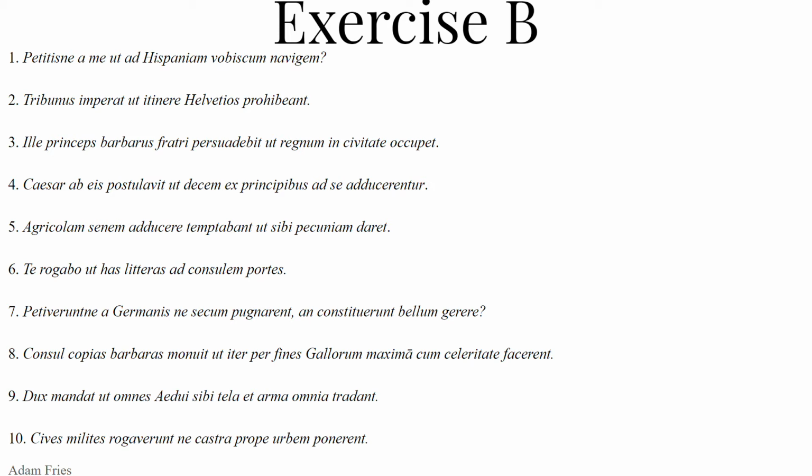Postulavit is third singular perfect active indicative of postulo, postulare, postulavi, postulatus, and it means to demand. So Caesar demanded, perfect tense, ab eis, of them, from them. It is an ablative of separation, technically. Caesar demanded from them. In English, we say of. Caesar demanded of them. Caesar demanded from them. What did he demand from them? What that they do? Substantive clause of purpose, so that they